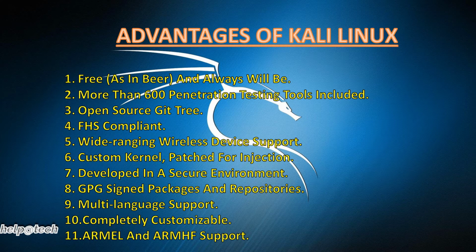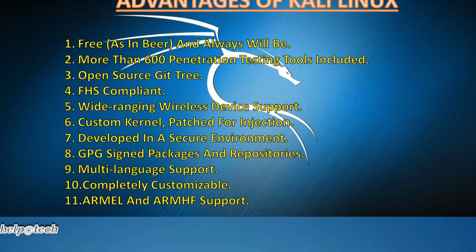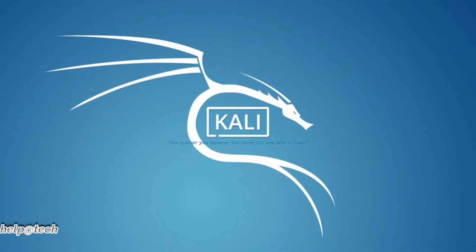Every package in Kali Linux is signed by each individual developer who built and committed it, and the repositories subsequently sign the packages as well. Kali has multi-language support that allows users to operate in their native language, and it is available on a wide range of ARM devices, and has ARM repositories integrated with the mainline distribution, so tools for ARM are updated in conjunction with the rest of the distribution. Kali adheres to the File System Hierarchy Standard, allowing Linux users to easily locate binaries, support files, libraries, etc. And also Kali supports a wide range of wireless devices. These are the advantages of Kali Linux.